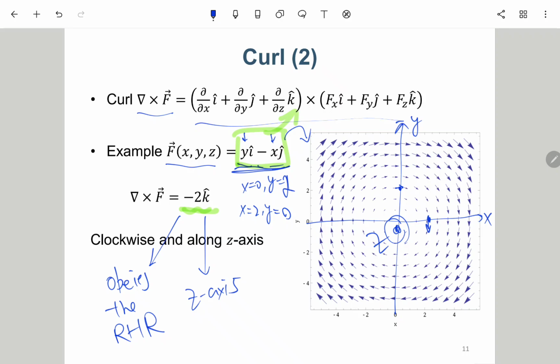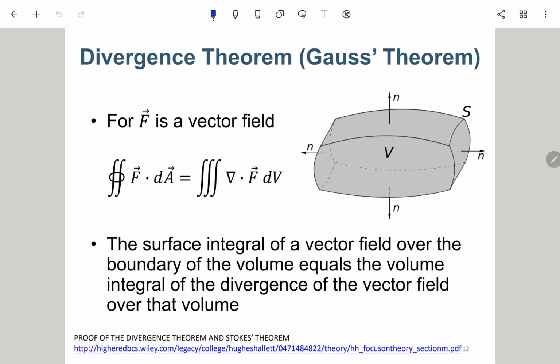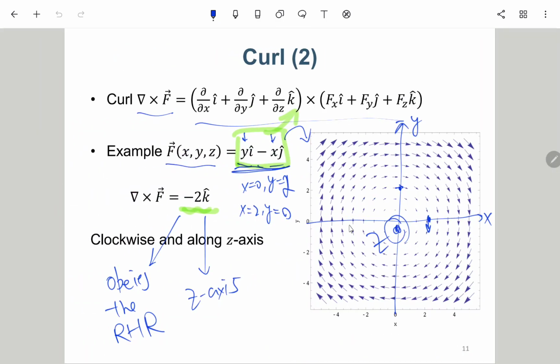Okay, after introducing divergence and curl, we can actually go to the main topic, which is the divergence theorem and also Stokes' theorem, and then finally we can derive the differential form of the Maxwell equations. But before that, maybe we can